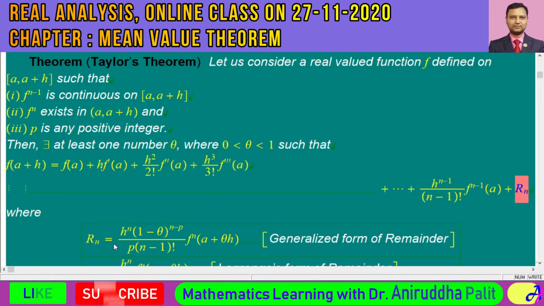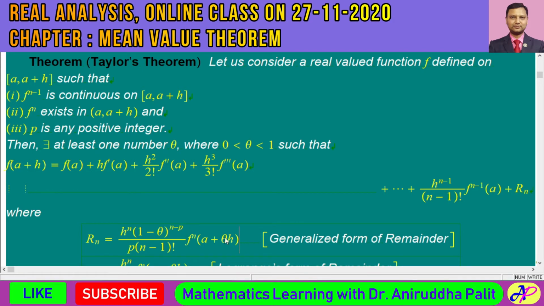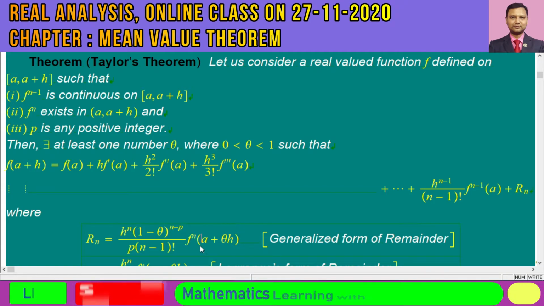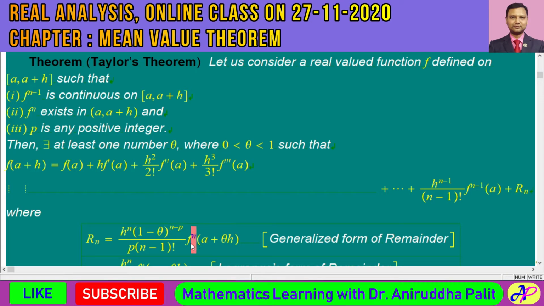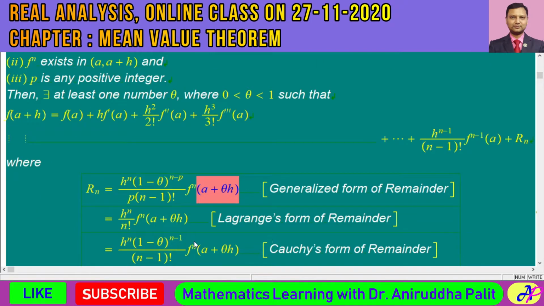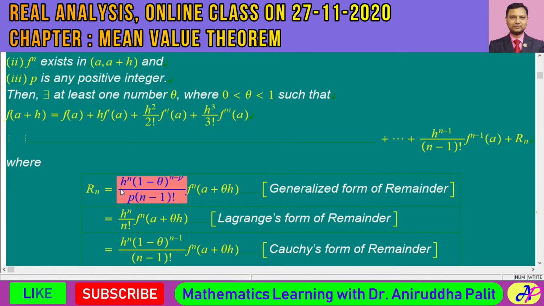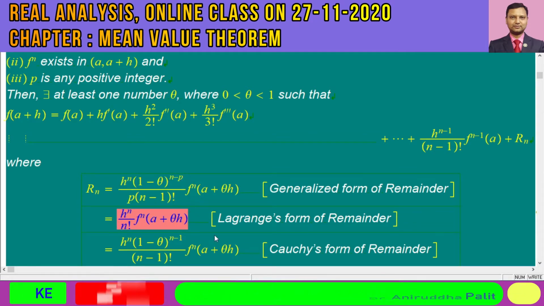The first form of this remainder is h^n (1-theta)^(n-p) / (p (n-1)!) f^(n)(a + theta h). So this nth derivative is to be computed at the point a + theta h. Next, one more form is called the generalized form of remainder. Particularly, if you put p equal to n in this expression, you will get the Lagrange's form of